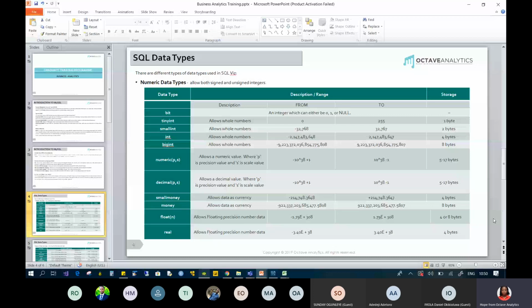Let's say, for example, you want to store a date. You don't want to create a date as an integer or as numbers. So date is a data type, number is a data type. So let's say you want to create a database that has